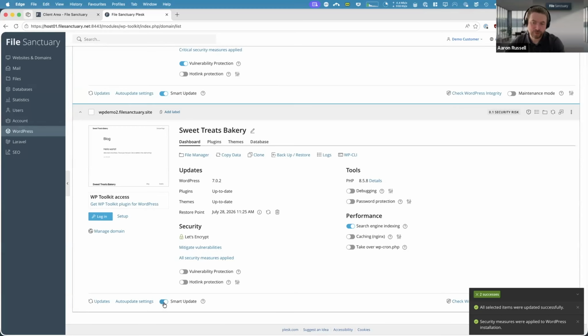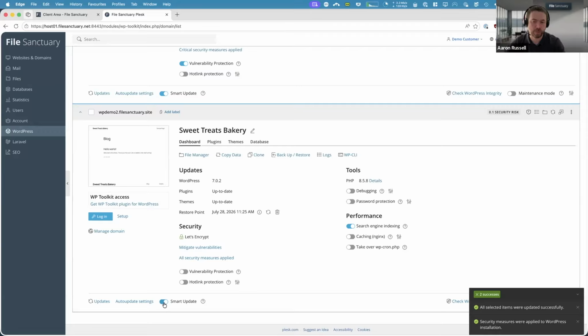With smart updates, if an update is available for anything, whether that's core, plugins, or themes, the site first is cloned automatically by the system, and then a screenshot is taken of every single page on the clone. The clone then has the updates applied to it, and a fresh round of screenshots are then taken. If all the screenshots match between the pre-update state and the post-update state, we can be pretty confident that the site isn't broken, layout hasn't shifted, no error messages have appeared, things haven't vanished from the page.